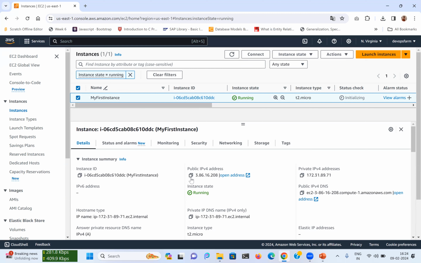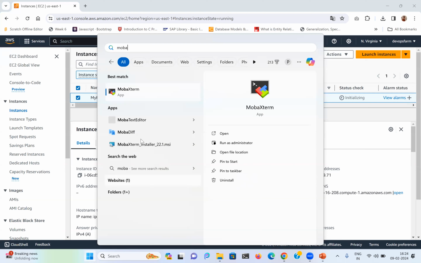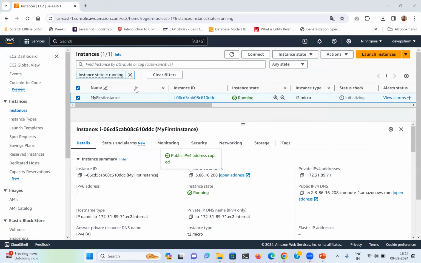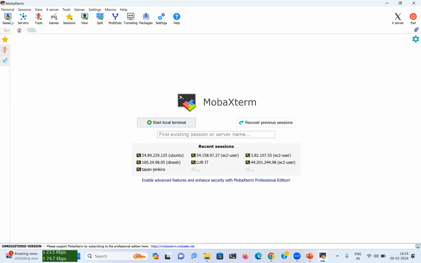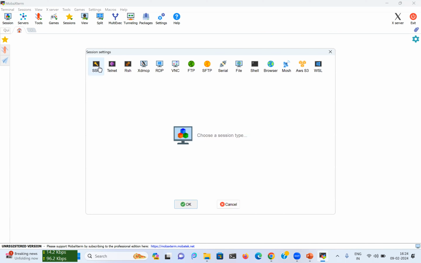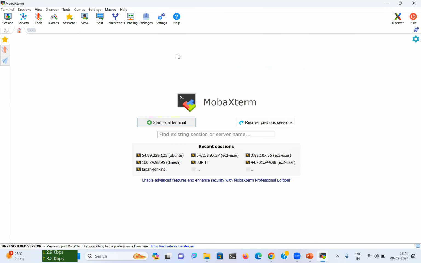Once your server is running, it will give you a public IP address that you can use to connect with it. I'm going to use a tool called MobaXterm. It is basically an open SSH client that allows you to connect with remote servers. We just need to install MobaXterm.